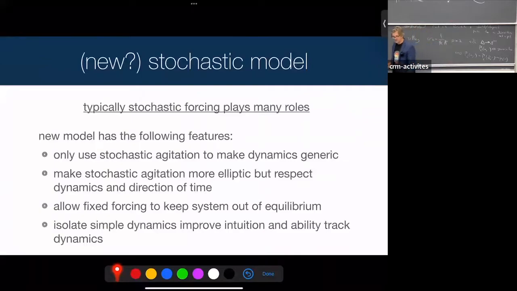So what I want to think about with this different model is I want to split up two ideas that are going on in this random conversation. I want to separate what's putting the energy into the system and what's keeping the dynamics generic. I want to separate the roles of those two things. There's lots of ways I could have done it. I could have even done it still with just stochastic forcing, except for the third goal, which is that I want really simple dynamical systems that are coupled together that I can maybe think about. All right, I want to let my geometry and my dynamicists come back into play.